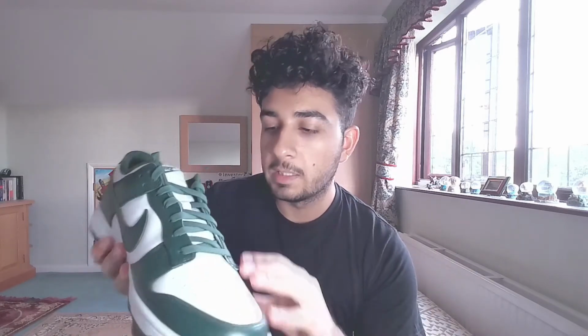So let's look into the actual material that they're using, and the material is very similar to most of the Dunk Lows that are released, and that is you just got a double on the leather. You got the white leather over here. Same quality throughout the shoe. There's nothing different about the toe box leather compared to the ones on the side. It's the same material. You can see the usual kind of pattern that you have